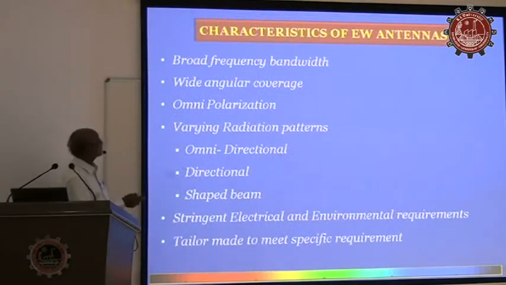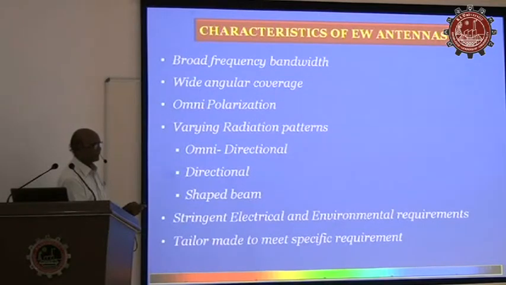Well, when we talk about the EW antennas, in what way are they different from radar or communication antennas? Sara already told that radar antennas work for known frequency, known direction and known polarization. So you know the direction in which you want to find the target. You transmit in the particular direction, the echo we receive, and processing tells its range and direction. Whereas in EW we don't know which direction the signal is coming from, in which frequency, or with which polarization. So everything is unknown.